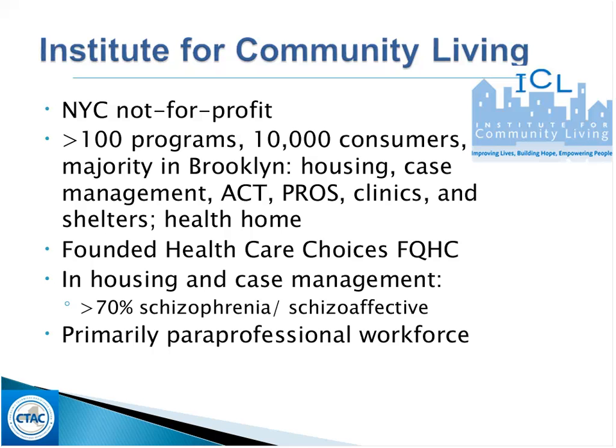In addition, just to let you know, the bulk of the consumers that we serve at ICL have schizophrenia, so it's a serious mental illness population. But in our clinics, it's a mixture of general population and SMI. We have a primarily paraprofessional workforce, as I'm sure many agencies do, and so what we have had to do